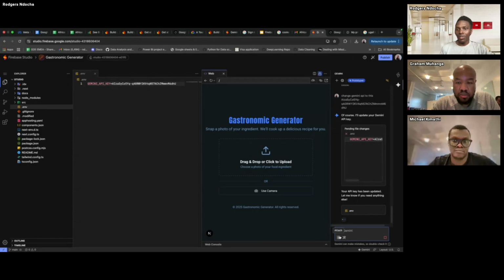For example, if you have a designed interface and you want to make the exact interface, you have an option here to upload a photo and tell Gemini, this is exactly how I want my interface to look, and it will prototype that specific design that you want. It's doing its thing here.